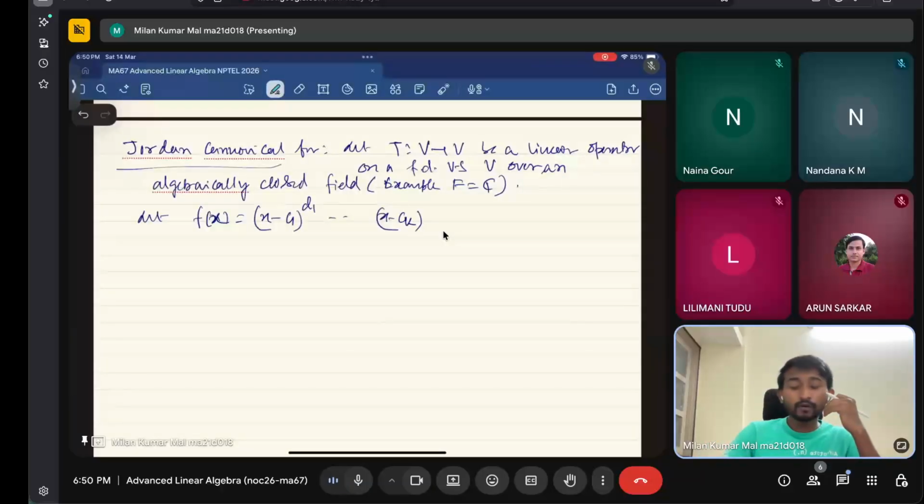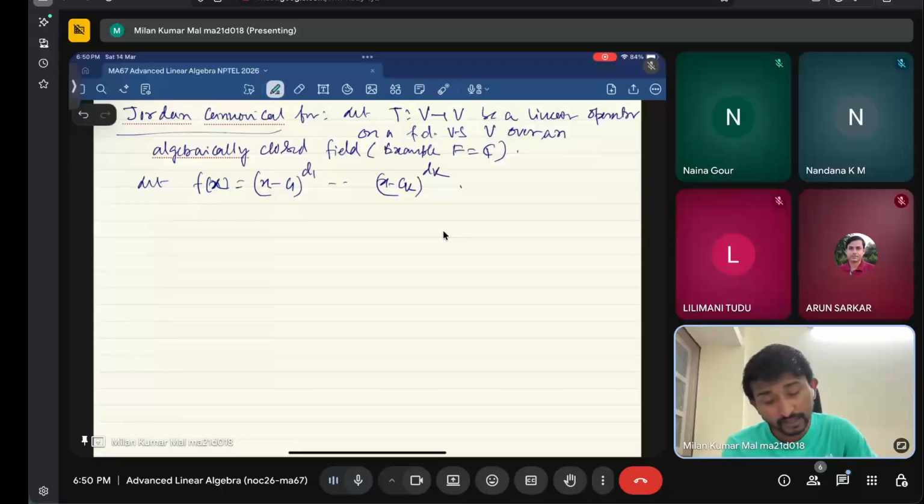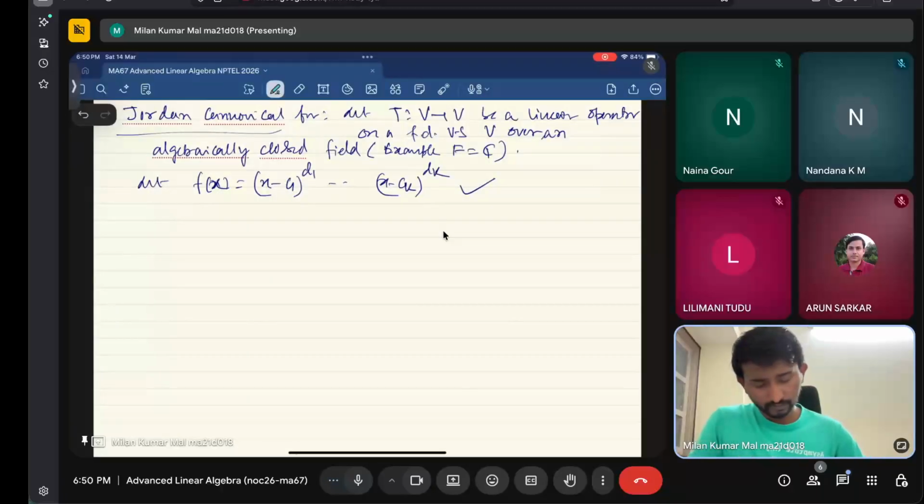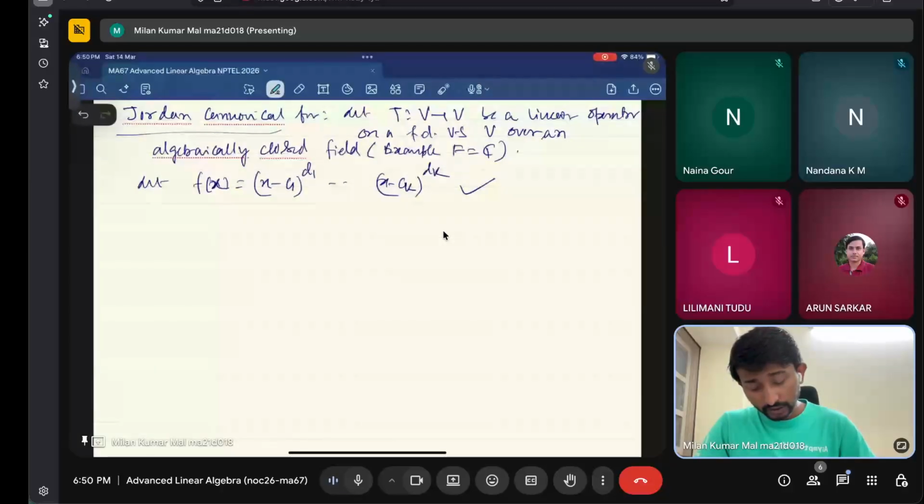Even if the characteristic polynomial of a linear operator T is completely factorized in this way, and the field is not algebraically closed, still these theorems will hold. There is no problem. My purpose is to get something like this for the characteristic polynomial: (x minus c1) to the power d1, (x minus c2) to the power d2, all the way to (x minus ck) to the power dk, where c1, c2, all the way to ck are distinct eigenvalues